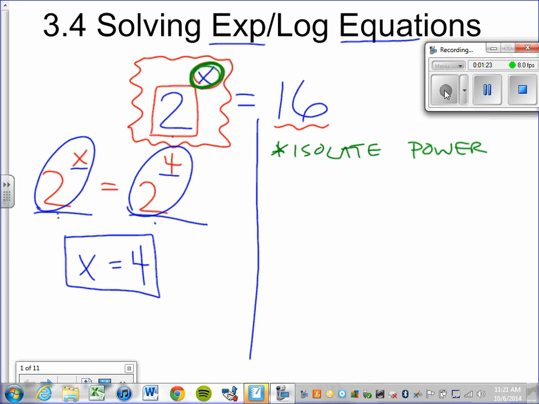Can you do common log? Yes. Can we do natural log? Yes. In this case, what makes the most sense is to take a logarithm with the base that is the same as the base of the exponent. Because what's that going to give me? So if I start with this, if I take log base 2 of both sides,